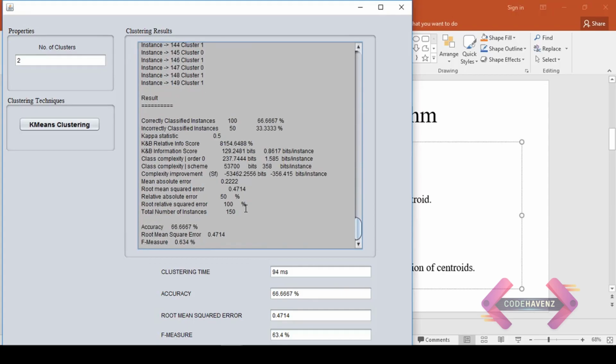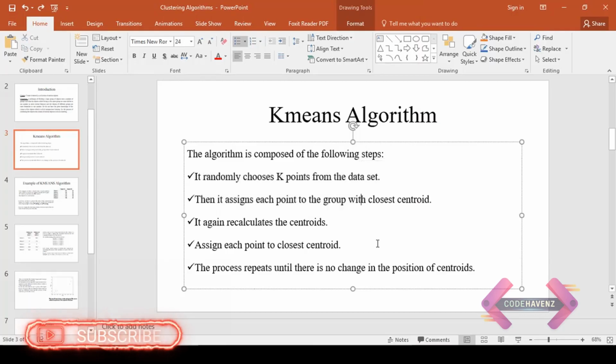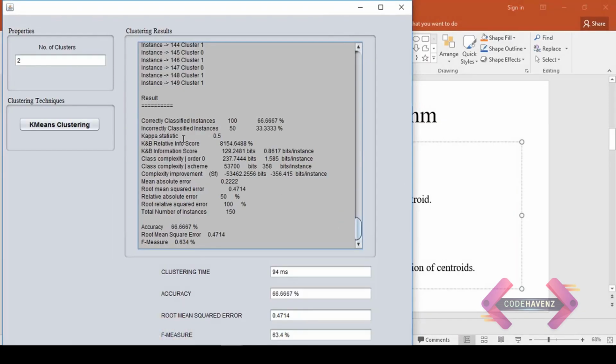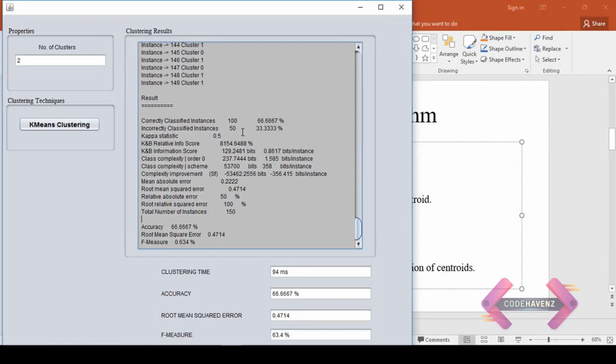They are all assigned by using the functionality of these steps. Firstly, we randomly select the k points, then calculate the distance and so on. After that, I have calculated some other parameters, like out of 150 instances, how many instances are classified correctly and how many are classified incorrectly.